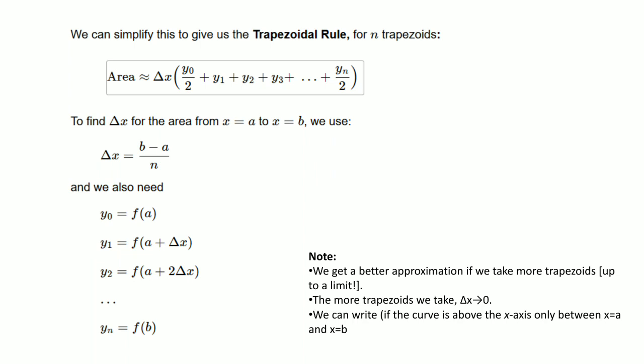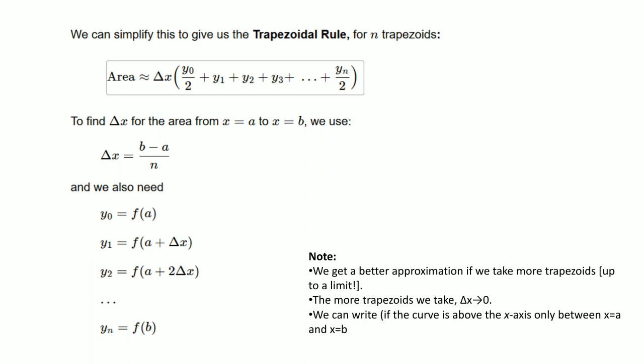How do we obtain the value of delta x? See, a is the initial limit, b is the final limit. So delta x is nothing but the final limit minus the initial limit. You can see over here delta x is equal to (b minus a) upon n, where b is the final limit and a is the initial limit. n is the number of strips. Generally we call it the number of strips or the number of trapezoids required. It will be given in the problem, and accordingly we have to find out the value of delta x.